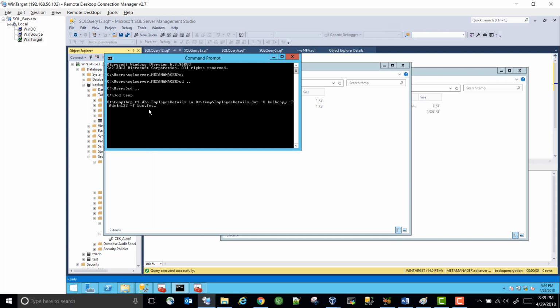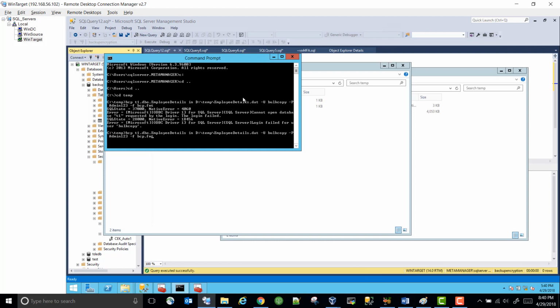Now I'm using this format and this is my data file. This is the login I'm using to copy into the table. Okay, so very simple. It says login failed, cannot open the database. So what's the problem? Okay, I use the different table name. So I think